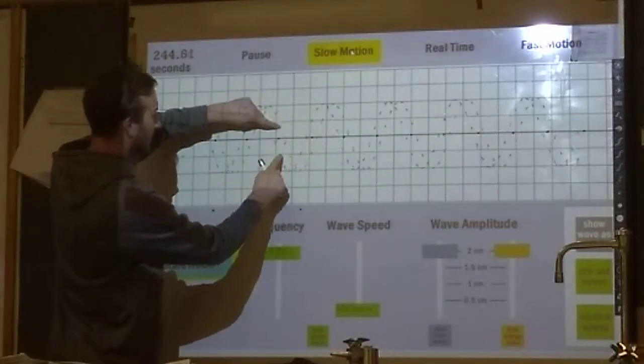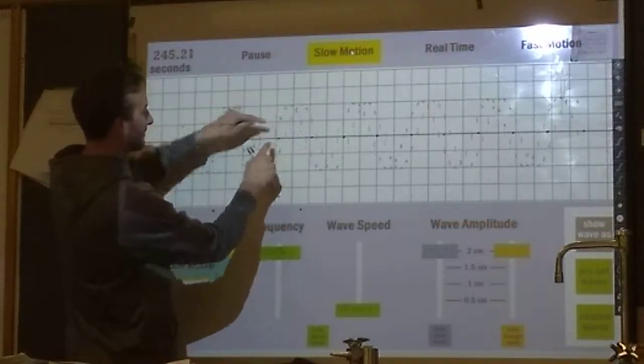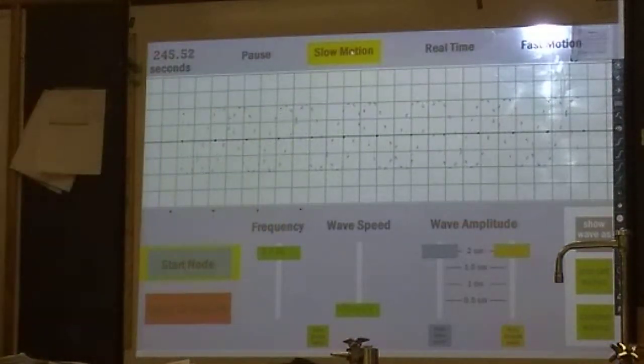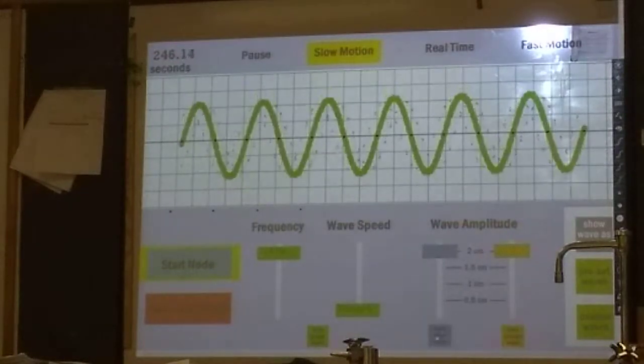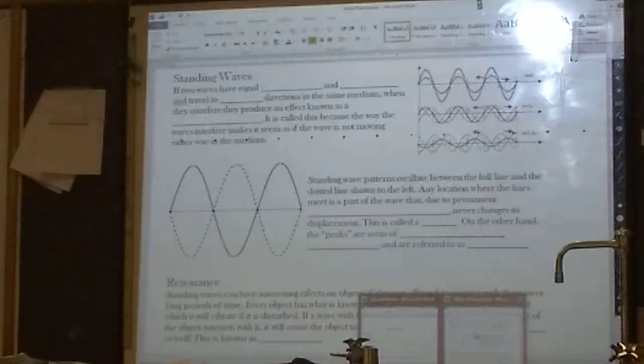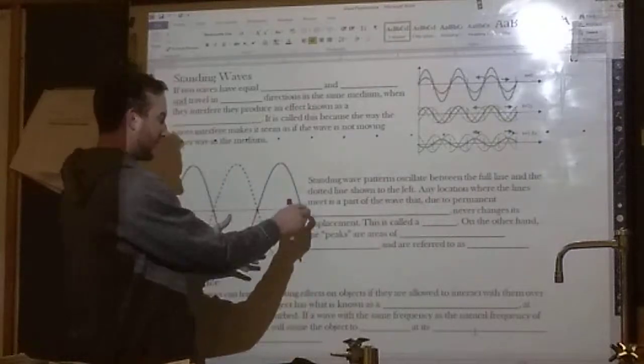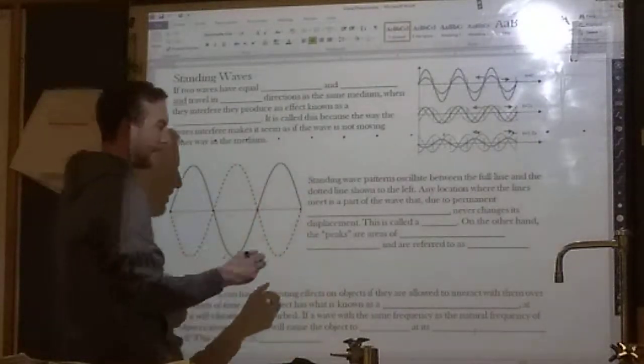Take this for example. Look where the orange and the blue are. They're always exactly opposite. These points are special. They have a certain name. These points are called nodes. N-O-D-E-S. The reason that the wave doesn't ever seem to have any height there is because